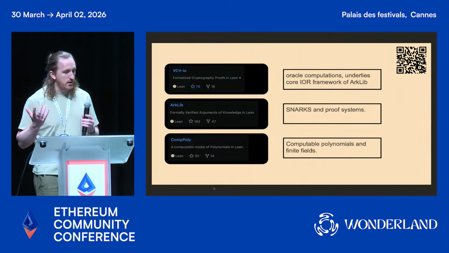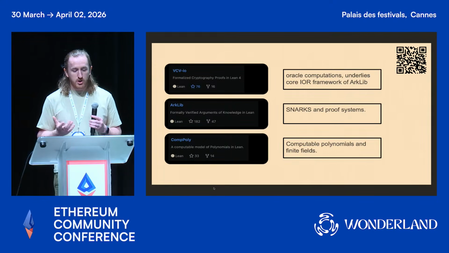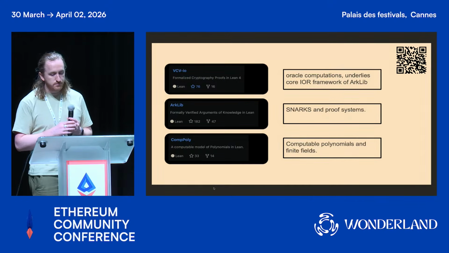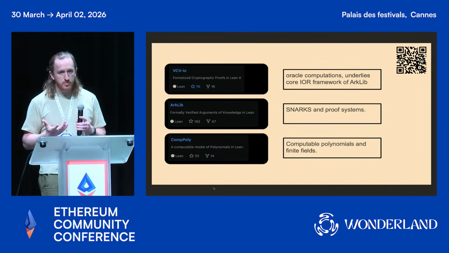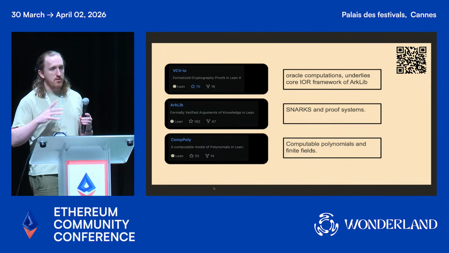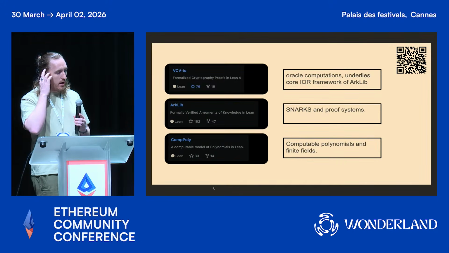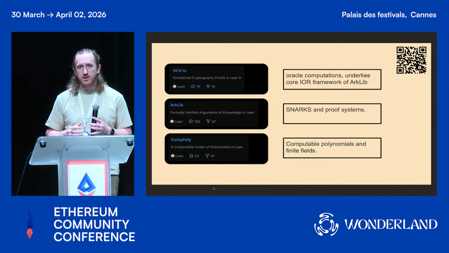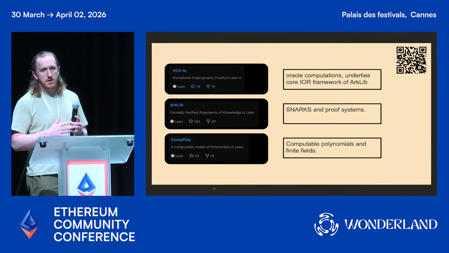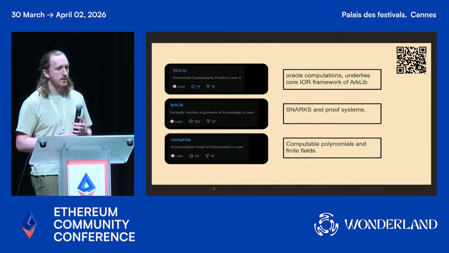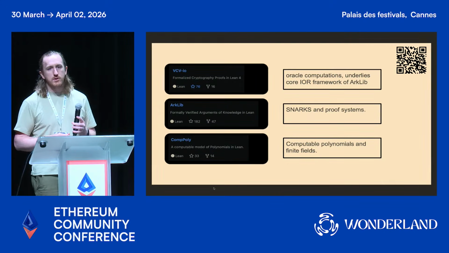To address issues in the cryptography itself, we have developed a library called arclib, this one here in the middle, which is a library of SNARKs and everything that goes into building a SNARK, which I'll get into in some more detail in a minute. This is part of a large family of libraries. If you go to this QR code, it will take you to the website of our whole project. There's an associated GitHub that has maybe about 15 or 20 repositories that all do their own thing in this ecosystem. And arclib is one of the principal ones of these.